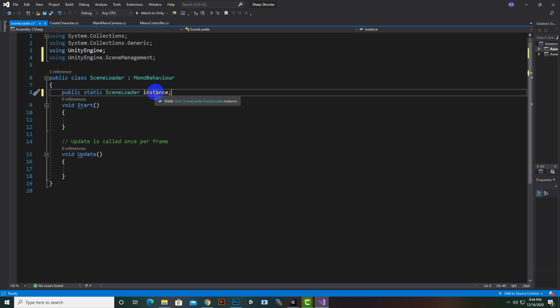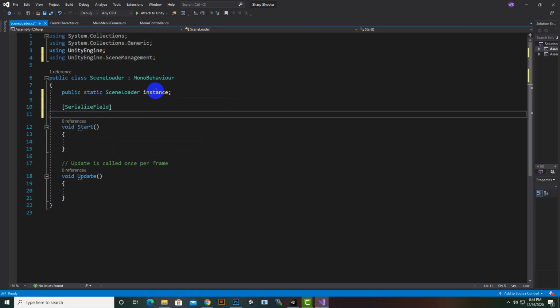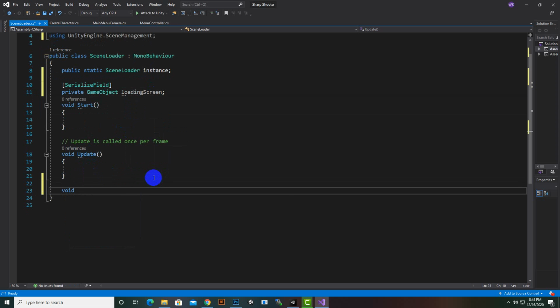So we will create a singleton method for this process, and before that we will add public, sorry, not public, we will add SerializeField, and we will add private GameObject, and we will say loadingScreen, like this. Okay, so now inside after this, we will just create a function void MakeSingleton